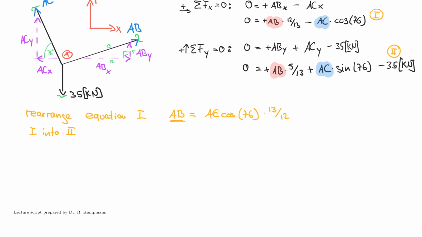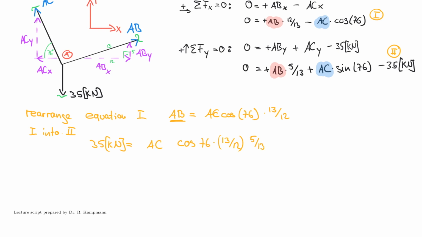And so my equation then would really read that I have 35 kilonewton. I bring this to the other side, right? This is negative in this case, so I bring it over, is equal to AB, which is nothing else than AC times the cosine of 76 times 13 divided by 12. Now be careful, often students forget that this has to be multiplied by 5/13 now. So let's go ahead and do that. Multiplied by